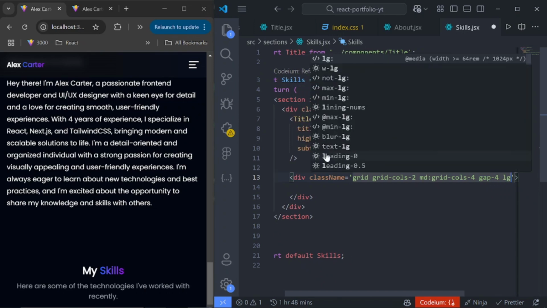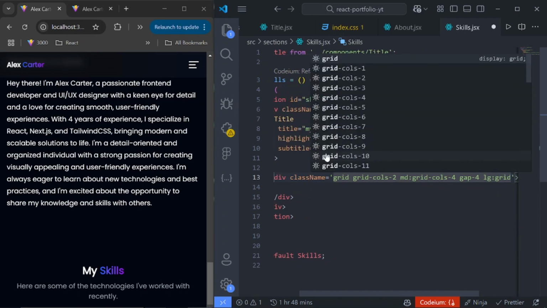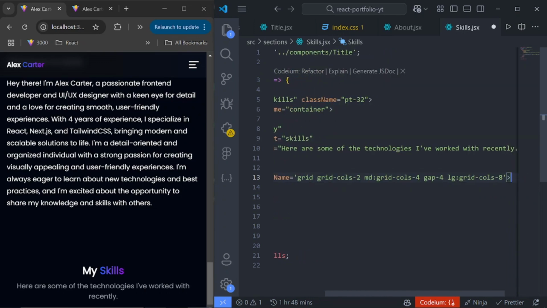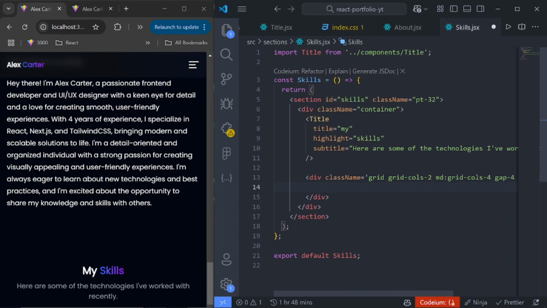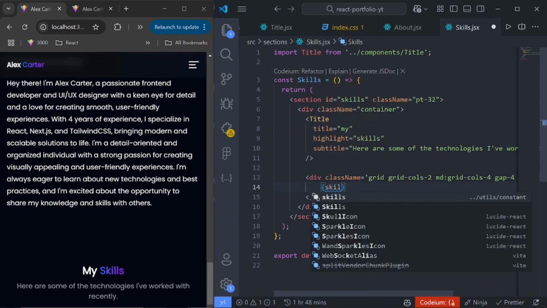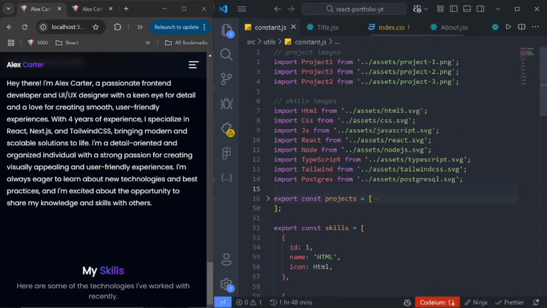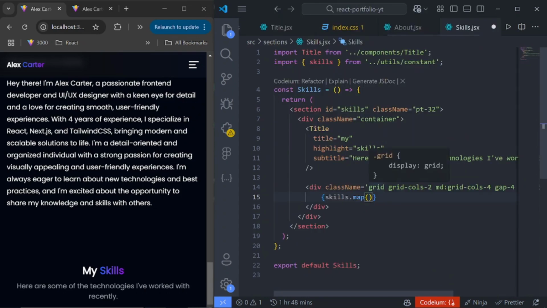Then on large devices and up, we'll set a grid of 8. Then inside this div now, we can map over our skills. Remember, our skills are inside this constant for file, so we can map through our skills and say each skill,